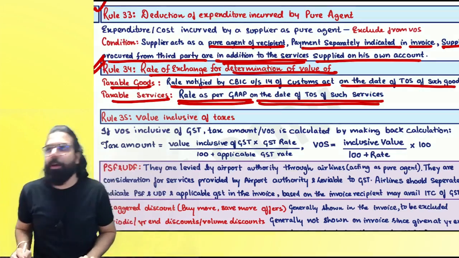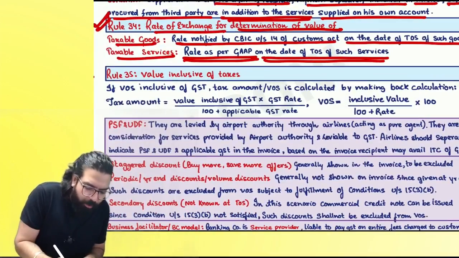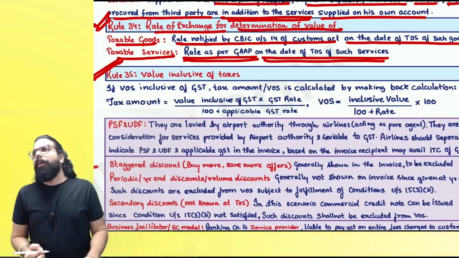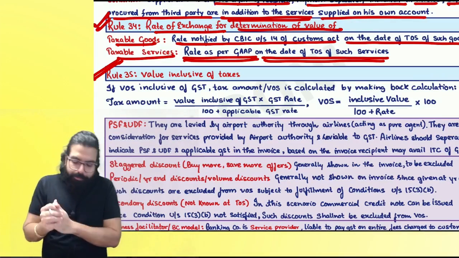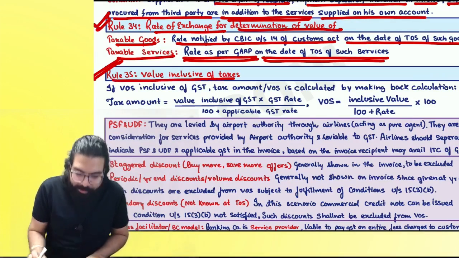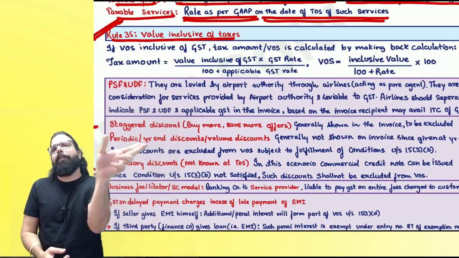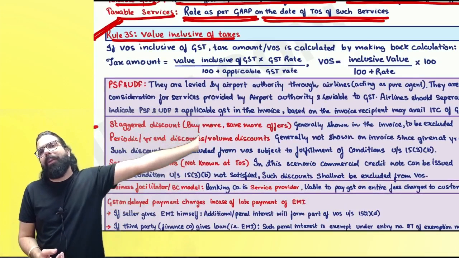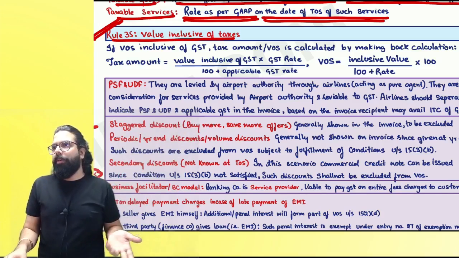Time of supply, chapter number 12, we'll be going ahead and learning about the time of supply, in chapter number 12 of our book. Now, everyone, rule number 35: if the amount is inclusive, how will you make it exclusive? Amount divided by 100 plus rate, multiplied by 100 will give you the value, multiplied by the rate will give you the GST. Yes or no?